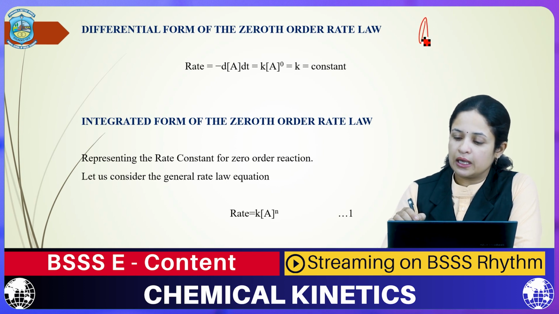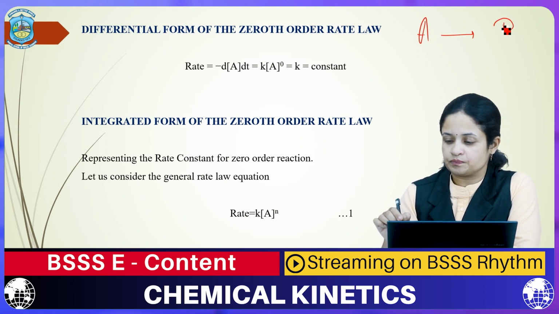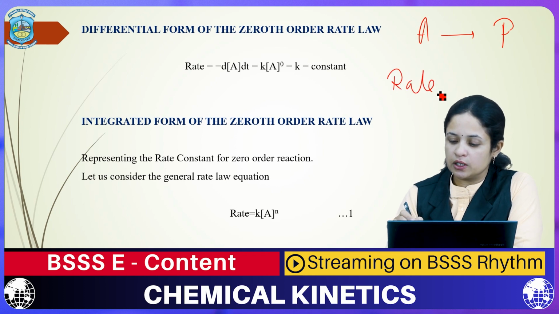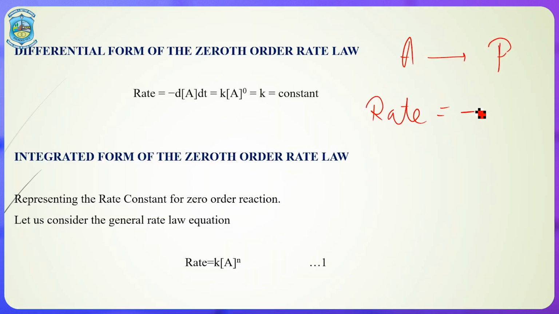For example, A gives products. Now what will happen if I have to write the rate of this particular reaction? What I will do? Minus dA upon dt, and as we have already discussed the reason of this minus sign. This is because, first, the concentration of reactants is decreasing, that is why we are applying the minus sign. Secondly, the speed can never be negative,